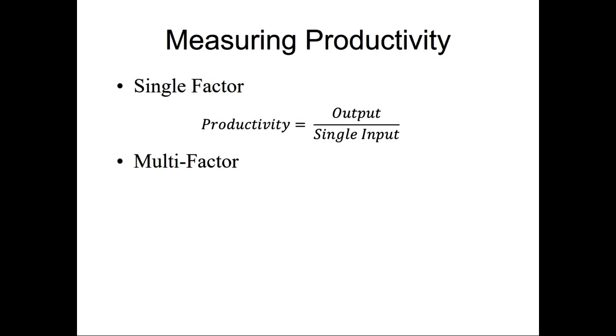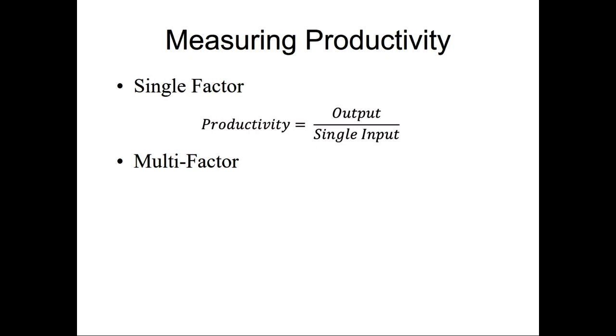We could do single factor productivity, though, rather than pounds of granola per day or per hour. We could do dollars value of granola. So if I know each pound of granola I'm going to sell for 42 cents, I could multiply my daily output by 42 cents, and I could get dollars of output per labor hour or whatever input I'm measuring. I could also convert the labor input to dollars. So I could have dollars of output per dollar of labor input.